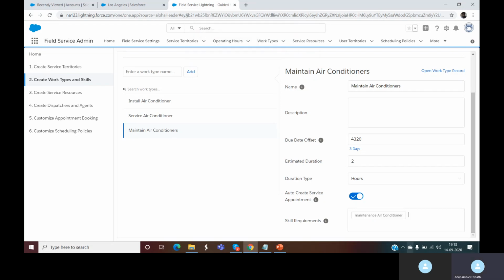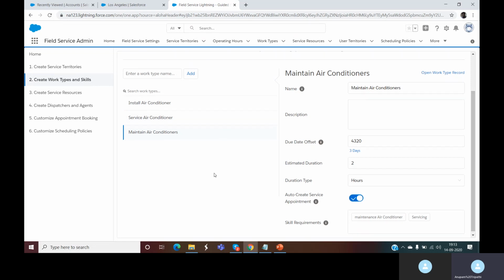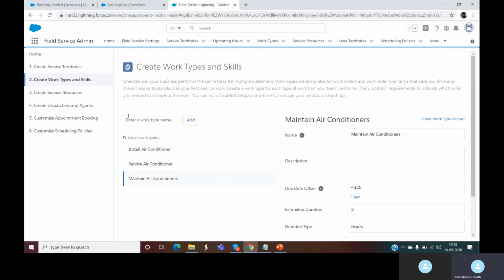So I'll create this, and I'll also assign the servicing skill to this, and my work type is created successfully.